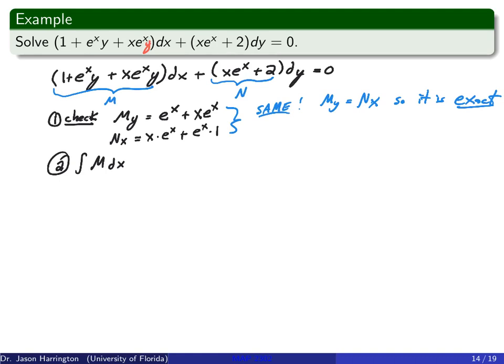And that looks a little hard for right now, but let me go ahead and try it anyway. I'm going to write this as 1 plus x e to the x, I'll factor those out, times y. And I want to take the antiderivative with respect to x. Now this one, a little bit of finagling, you can get that that's going to be x plus xy e to the x. I did that one.